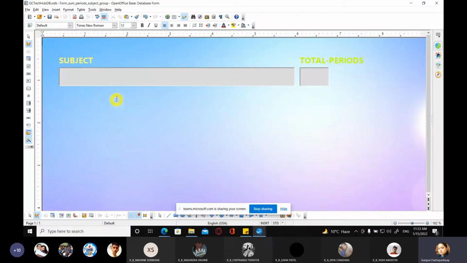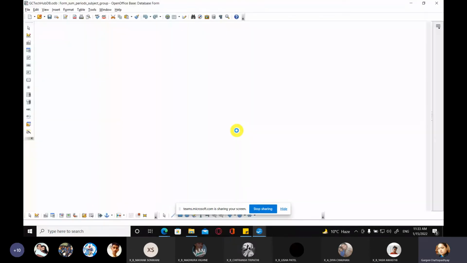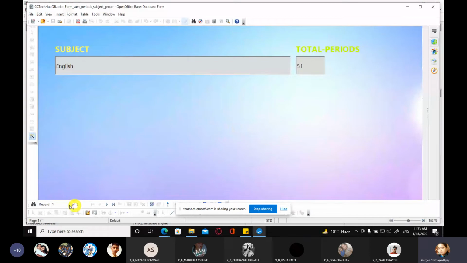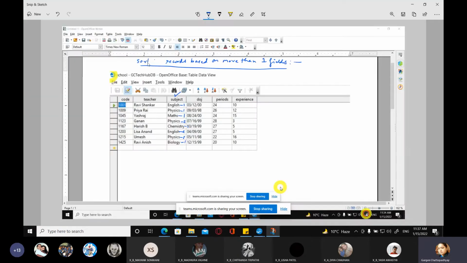And once you make all the changes, you have to click on save as, click on close. And if you want to now actually start browsing through your form records, double click on the form, and now your form is ready to go. So this way your form works. We'll see one more thing in reports. But the rest of the procedure is the same.